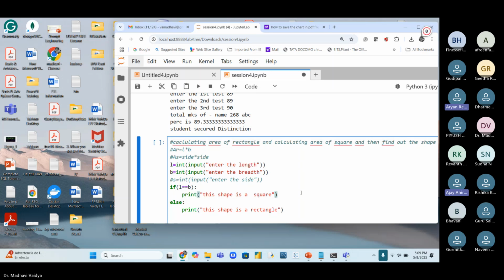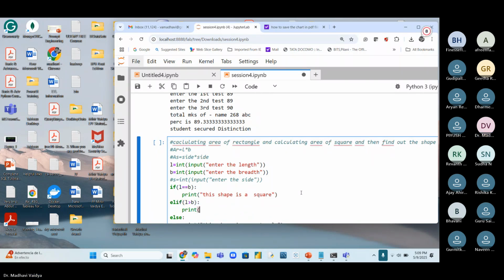Sorry, ma'am, I didn't get it. But it does not work appropriately. I said that if L greater than B, L less than B, can I give the condition? So can I write down something like this? If, elif, greater than, sorry, B,